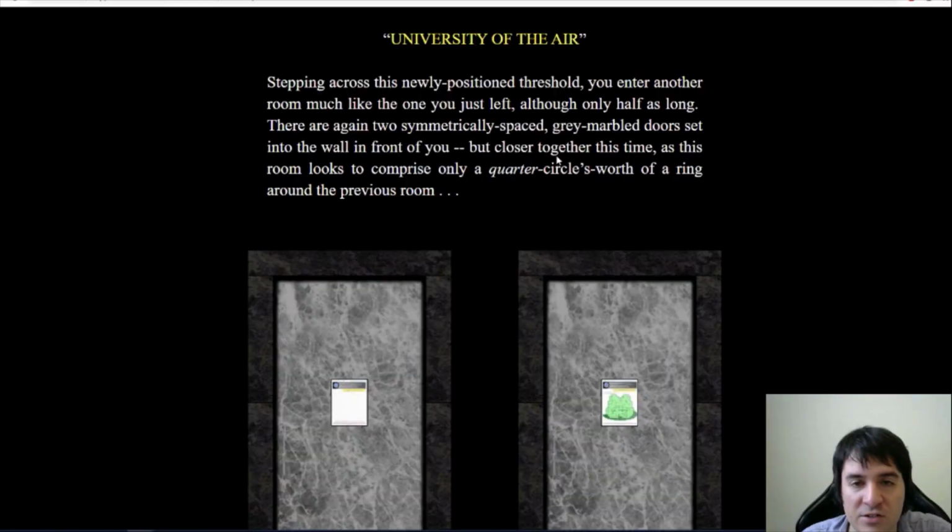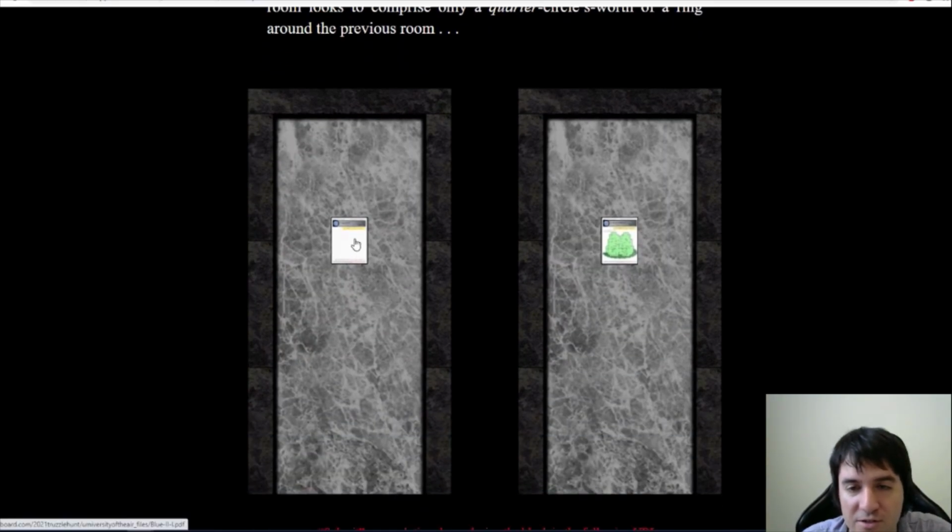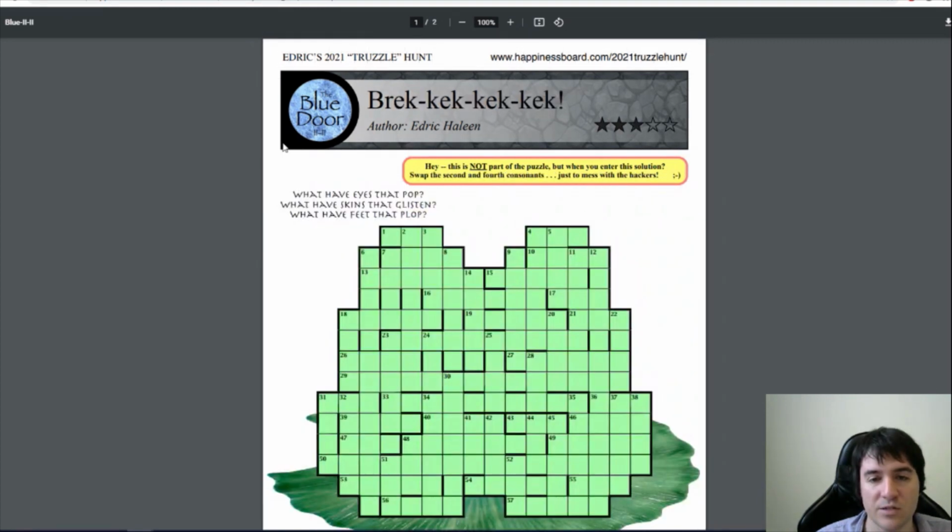Stepping across, you now find yourself in another room with 2 doors. Diagram lists. And then in this one,